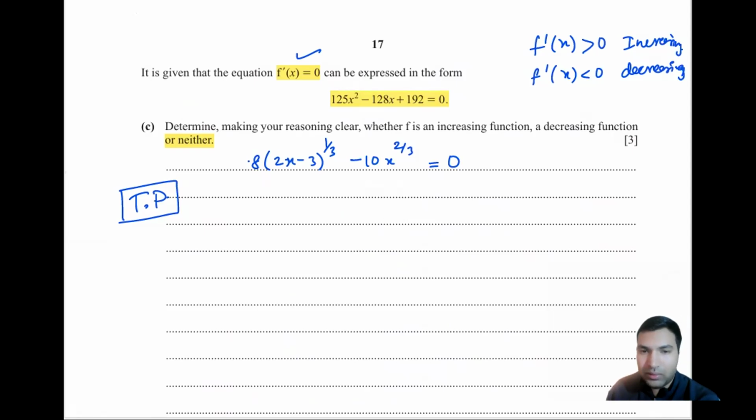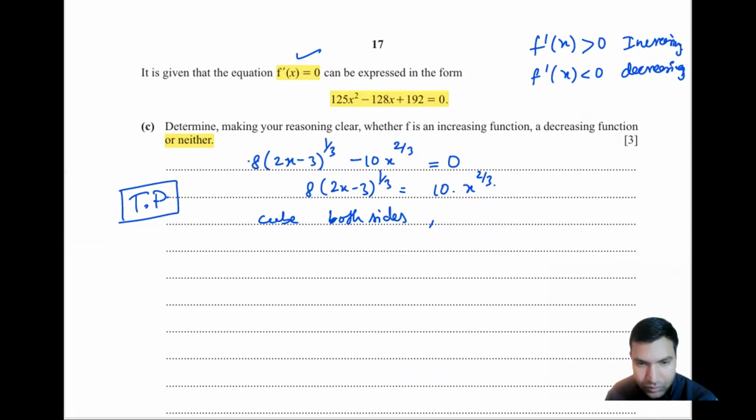Then only we can find the inequality. Now when I solve this, basically (2x - 3)^(1/3) is equal to 10 times x^(2/3). Okay, now cubing both the sides, cube both sides,